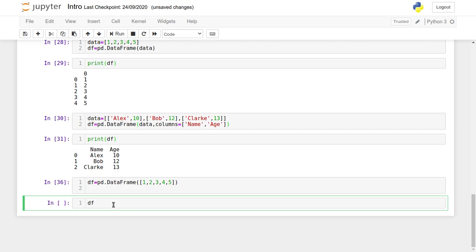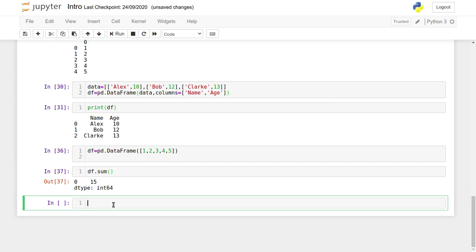Now if I want to find the sum of this data frame, df.sum, I will get the result as 15. So in this way we can use the pandas library to perform descriptive statistics operations.